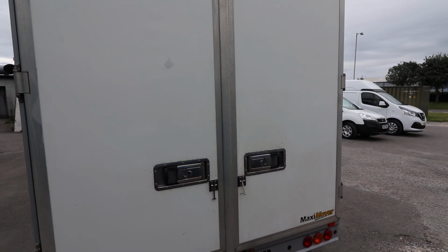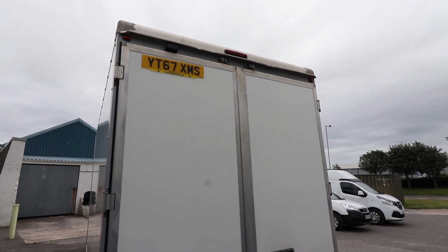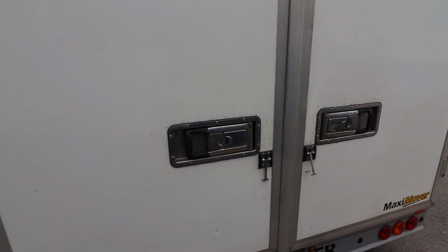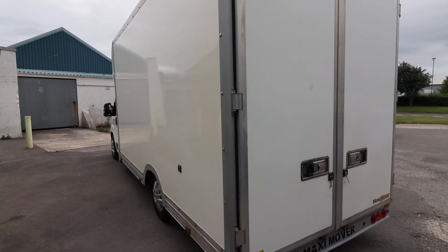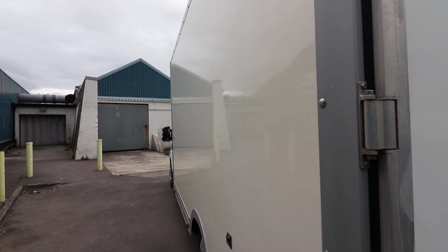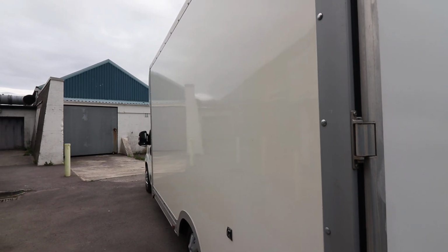And to note, there is a little mark just here. But otherwise, it's all looking really, really good condition throughout. As I say, of course, you are going to get marks on any used vehicle. And considering the size of this vehicle, that is looking exceptionally clean and straight down the